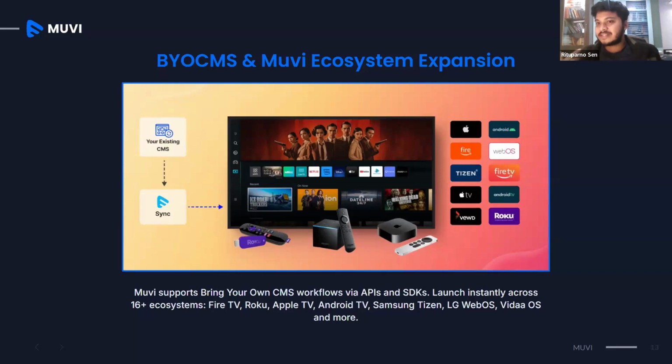Once we have the sync done with our CMS, and the sync is really low effort, we just need these APIs and SDKs. There is a detailed help article on this. Once we get this, we are committed to deliver the TV app that you are trying to build in under 24 hours.